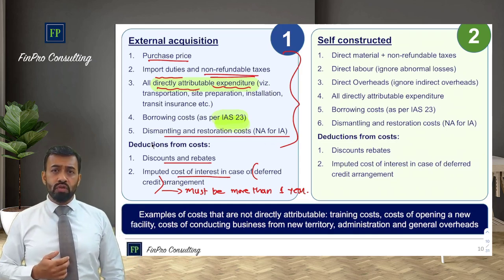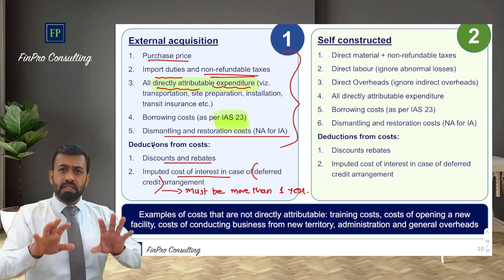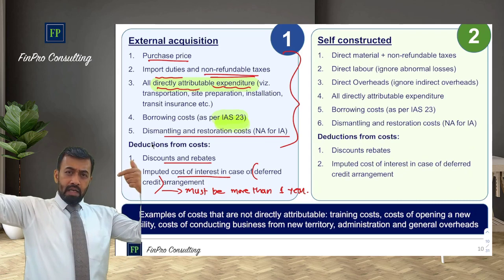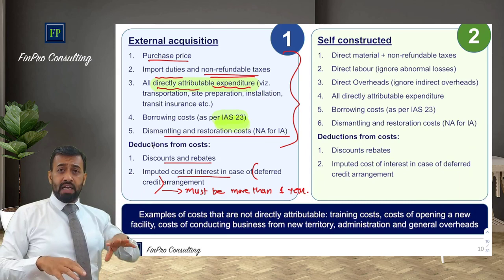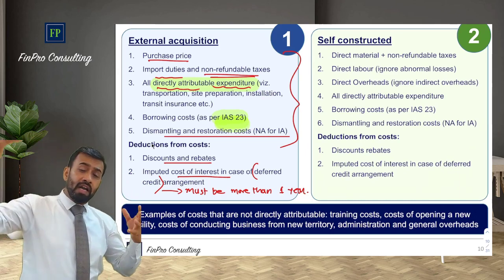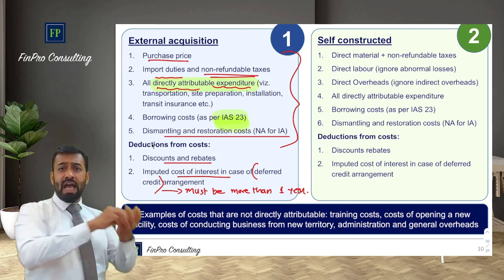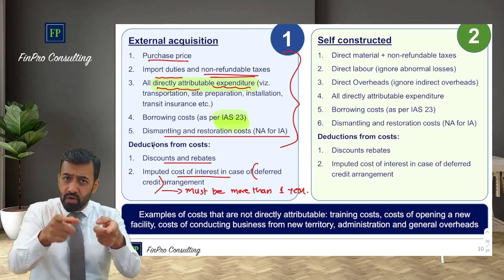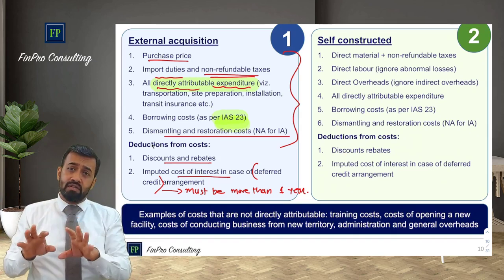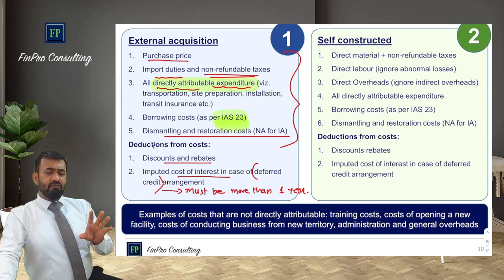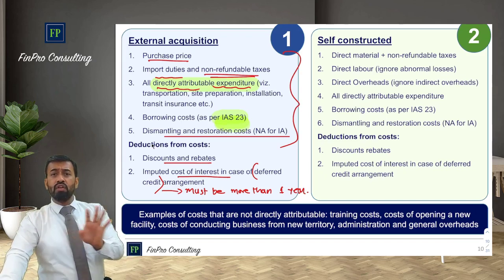Which rate you will have to use, that rate in examination will be provided to you. Correct? So the principle is that if the vendor and the customer enter into a separate borrowing transaction for such kind of an asset or amount, the rate of interest that vendor would have provided to the entity, that rate would be used. Such rate in examination will be given to you. You don't have to think much about it. Or they directly will provide you the amount of interest itself. So that may also happen. So you just have to remember what could be deducted. Apart from this, nothing could be deducted.